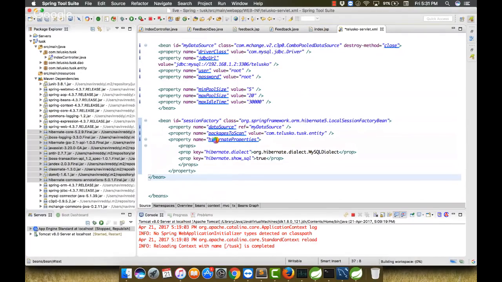Okay, so as you can see, we have mentioned the place where you can find all the packages. The next thing which we need here is the Hibernate properties. Now, whenever you work with Hibernate, you have to mention some properties. One of them is,